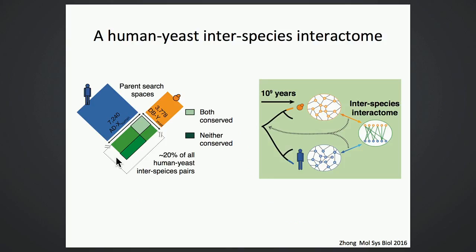A bit different from what was shown in that study, we're asking to what extent human proteins could physically interact with yeast proteins. To do that, we carried out a systematic yeast two-hybrid screen of about 8,000 human protein-coding genes with about 4,000 yeast protein-coding genes. The distinction here is that we do not differentiate human genes by whether or not they have a corresponding yeast homolog. We put them all in the screen.